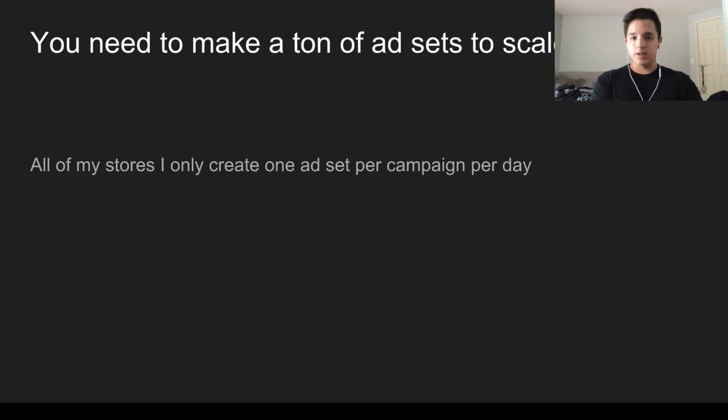There's a few other things in here we could talk about. Another thing is a lot of ad sets to scale. Like I said, I like to do 10 ad sets per campaign, but Noah only does 1 ad set per campaign per day, and he has separate campaigns for each product and specific audiences that he has, but 1 ad set per day at $5 a day. So the stuff they do is slow, but it does the job.